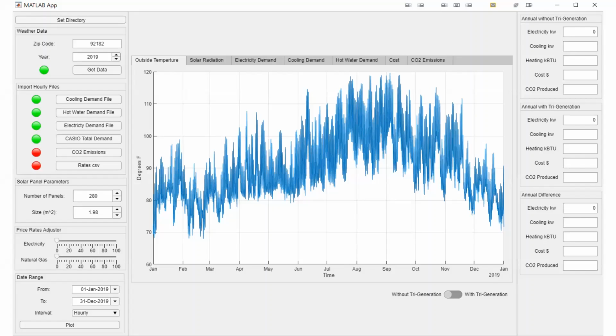To begin using this graphical user interface, the user must first format their files for cooling demand, hot water demand, and electricity demand, such that the data for each file is in hourly timestamps. Once this is done, the user can upload the data files with their corresponding buttons as shown here. The light changes from red to green when a file is successfully uploaded. The CAISO total demand, CO2 emissions, and rates files will all be provided with the graphical user interface to save